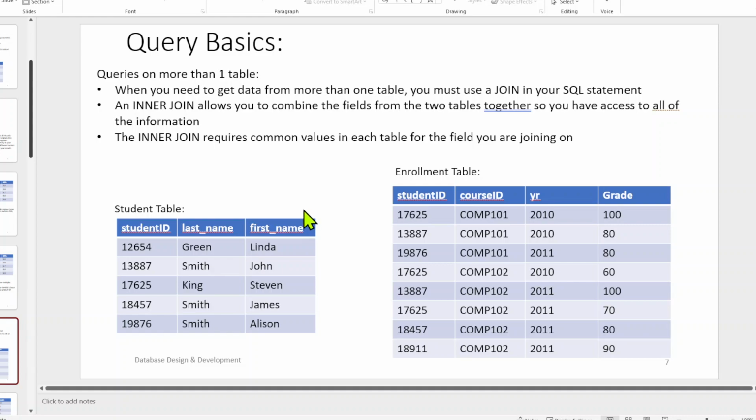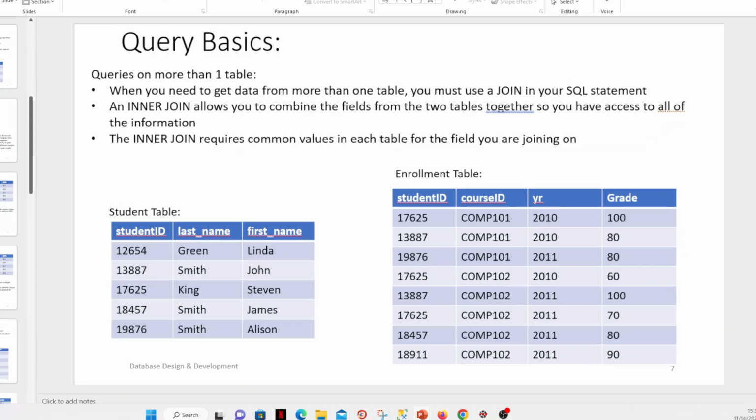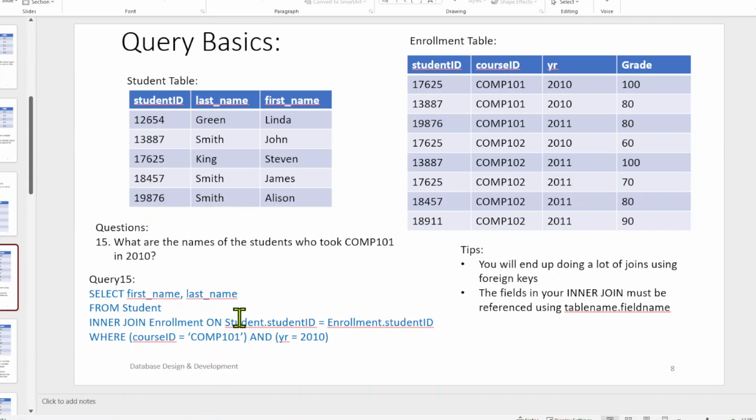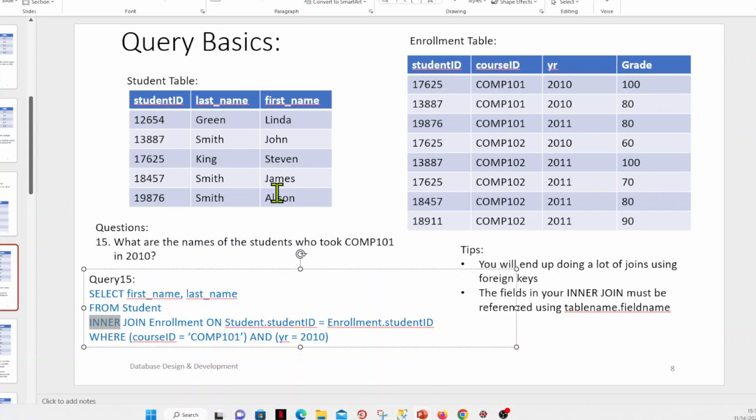Joins. We've gone over this a couple times. We actually went over all 4 joins. This is just the inner join. And again, the inner join is default, so you actually don't have to put the word inner in. It requires only the common values go across when you're joining. So remember when we join, and again, this word inner does not need to be there because by default it's